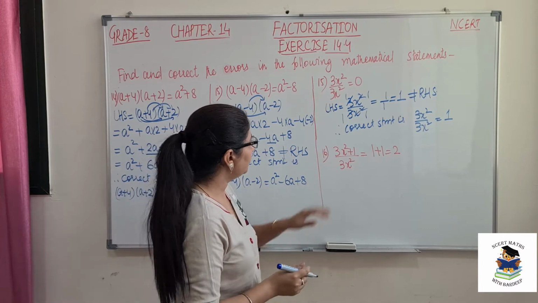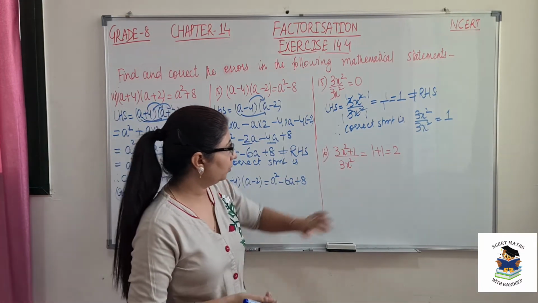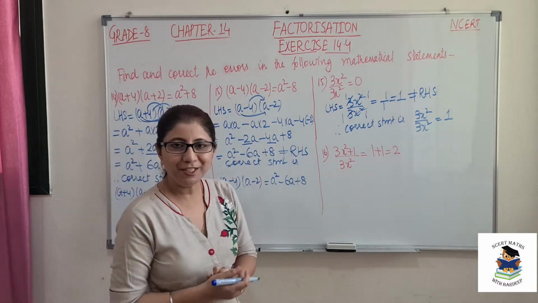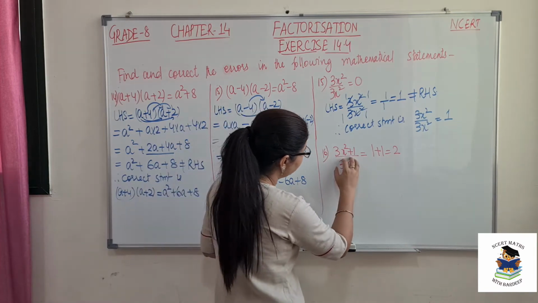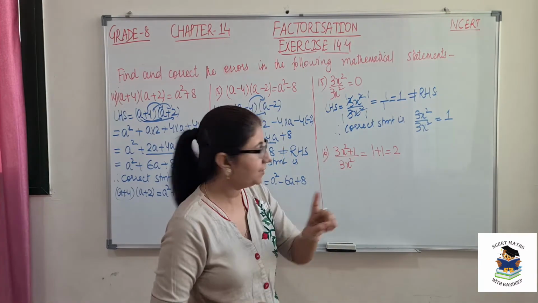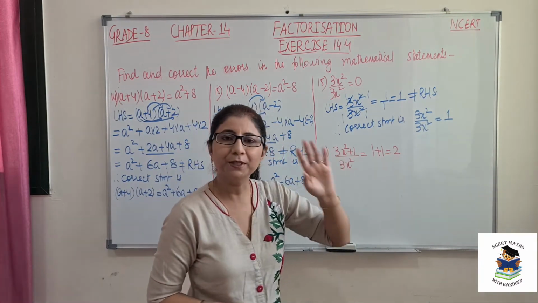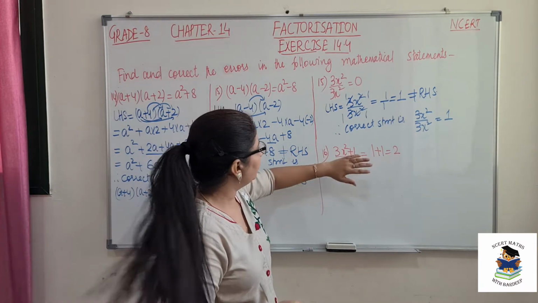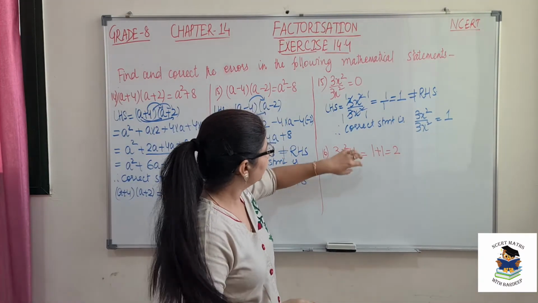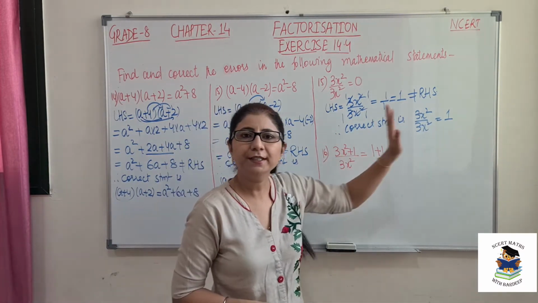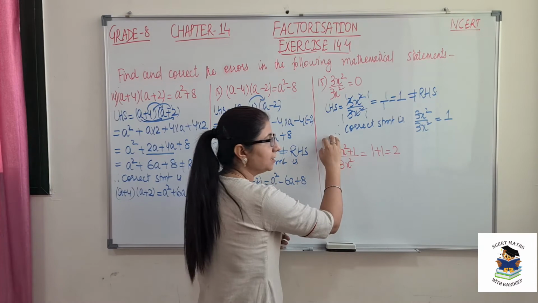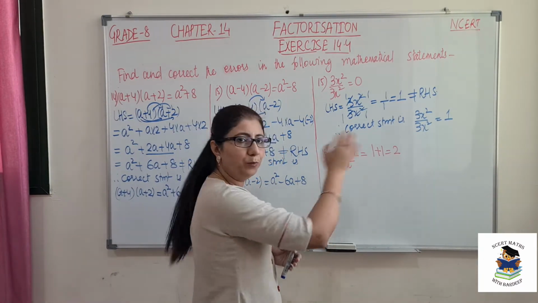So the next is (3x² + 1) over 3x². They have done it again wrong. As I have explained in my previous video, what they have done is cancelled 3x² with this 3x², so after cancellation 1 is there, so 1 plus 1 is 2. But this is wrong, as I have already told you that whenever you are dividing a polynomial in the numerator, the denominator should be applied to each term in the numerator, not only one. So this 3x² cannot be cancelled with this. This 3x² is for both terms.